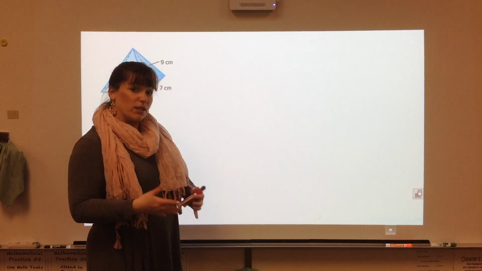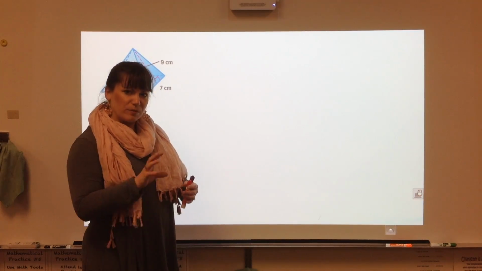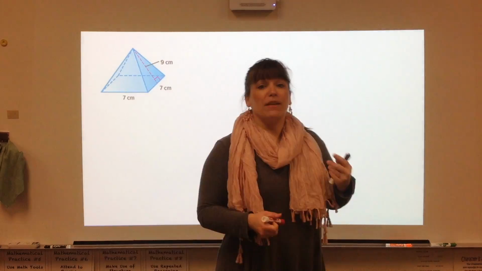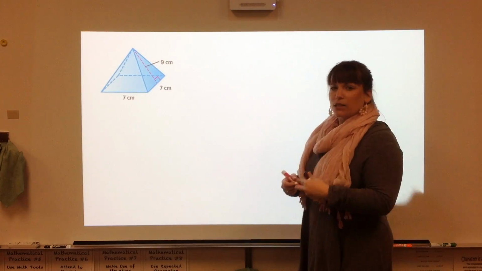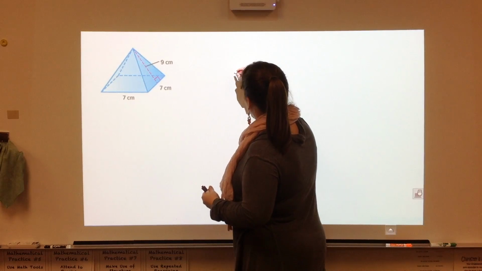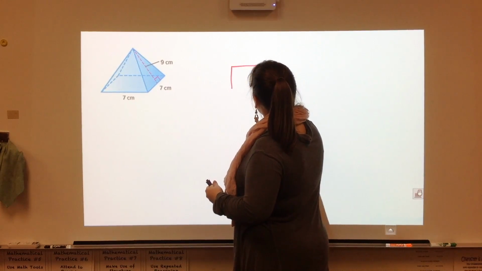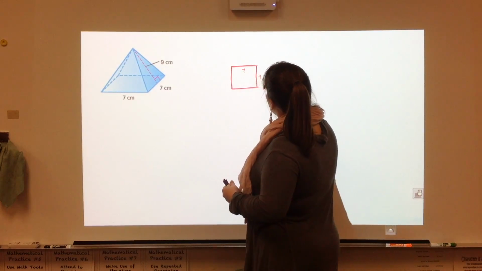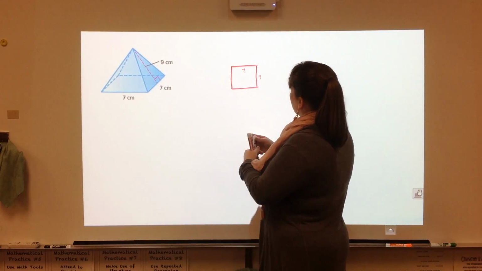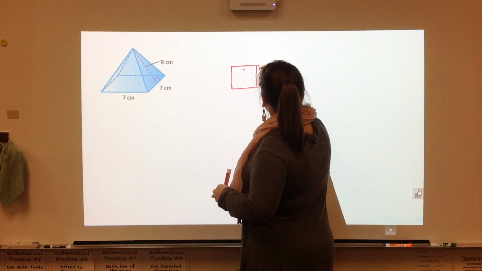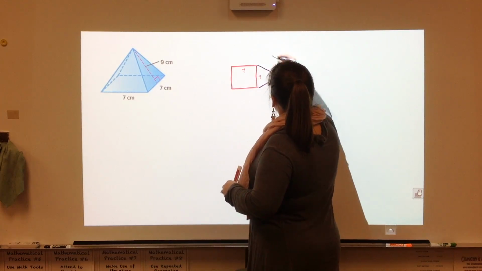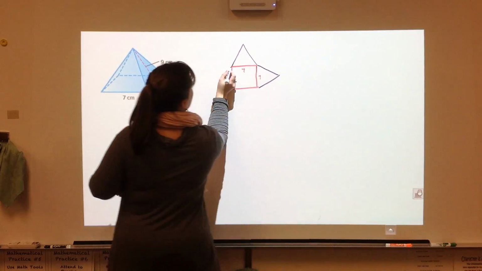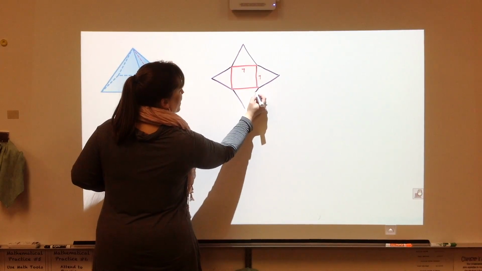Before we move on to the next one, I want you to find some space. Hopefully you didn't use it all, and I'm actually going to draw this net. So I find these a little bit easier than the nets we've been drawing previously. We're starting with that square, which is 7 by 7, and then we're going to put, to the best of our ability, you might want to use a straight edge, 4 triangles coming off of each edge of that square,